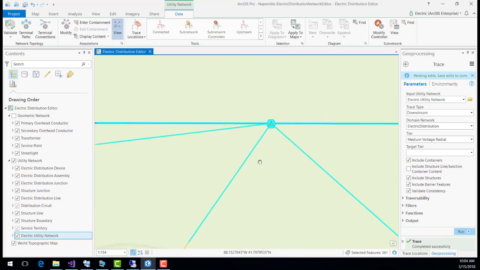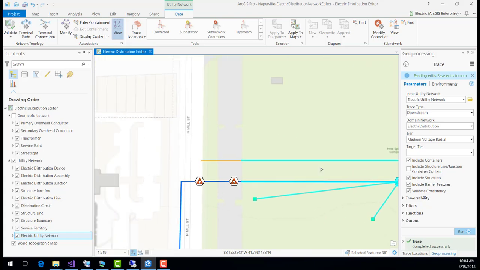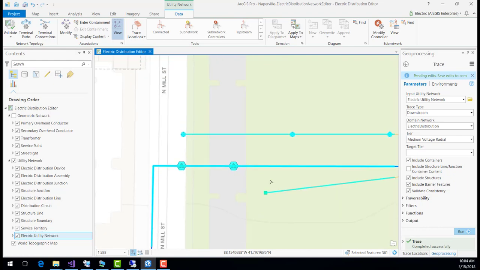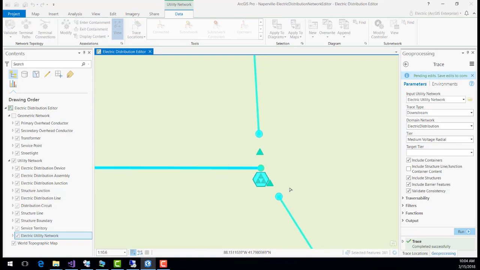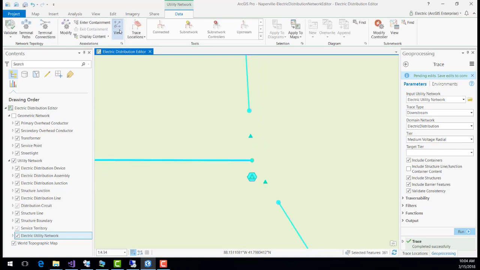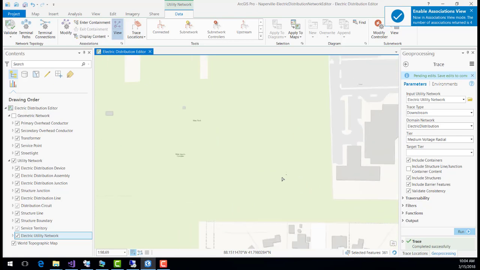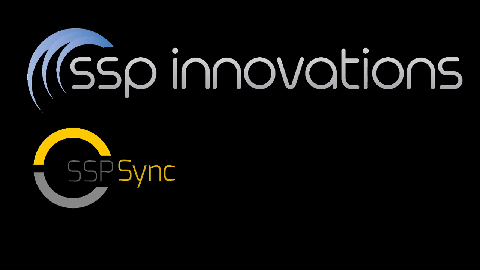connectivity through not only the actual facilities, but via those associations right down to the service point as we zoom around there. So we'll keep zooming around, looking at some of the other components, just do a visual inspection of the data we brought across. If we look over here, here's another transformer with, again, some devices that we've connected up. We can view those associations, make sure they're created with the line ends back to the tap point for the transformer. That's obviously working because we saw the trace results, but just to have a look at the inspections there. So that's a demonstration of SSP Sync and how the capability of the runtime component will push your data into